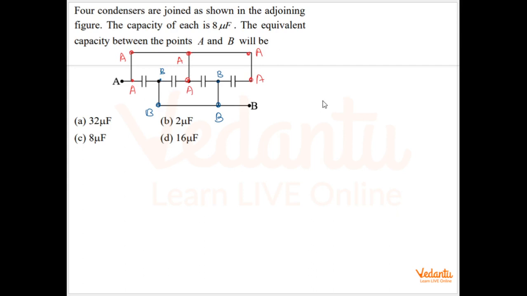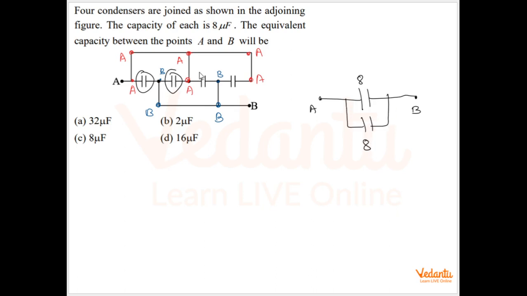So now when you redraw the circuit, you only need 2 points A and B. And if you see, there will be a capacitor between A and B. I will draw a capacitor between A and B, 8 microfarads. There is another capacitor between A and B, 8 microfarads. Another capacitor between A and B, 8 microfarads. One last capacitor between A and B,